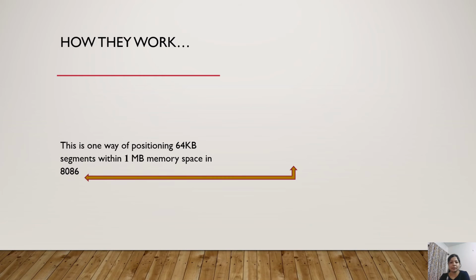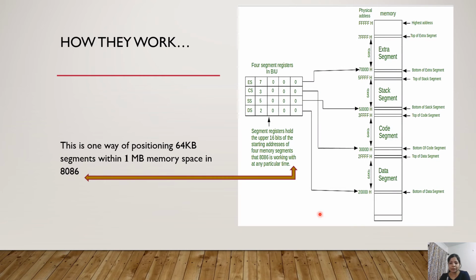So if we take a look at the whole picture, that was the partial one, and this is the whole one. So these are the segment registers, and this is the memory, which is divided into segments, and zoomed in segments are data segment, code segment, stack segment, and extra segment. Now this is the bottom line of data segment, top line of data segment, and so on. Now the segment registers, for example, DS register actually has a 2000 address, and it is passing the address, and it is converted into 20000, the 20-bit physical address.